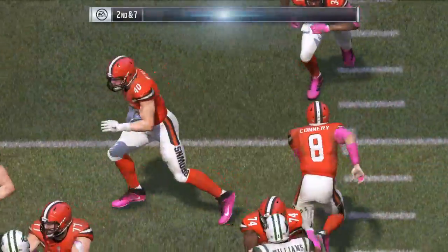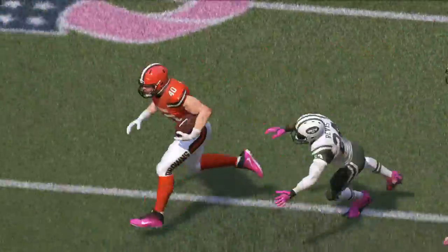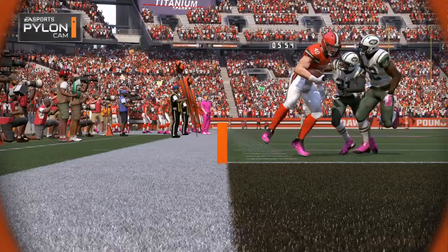And the Browns add on to their lead. Boy, it's nice to have that big, reliable target you can go to each and every time. A lot of people see that position as a fallback. Throw it to them when all else fails. Not at all. This guy can make plays, and that's exactly...